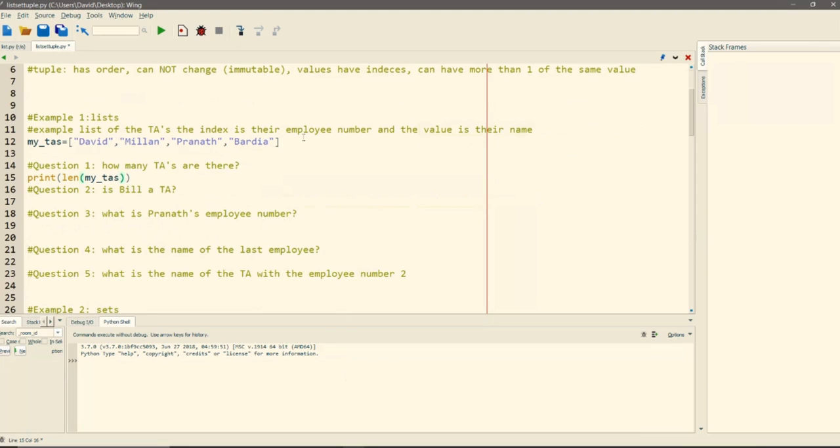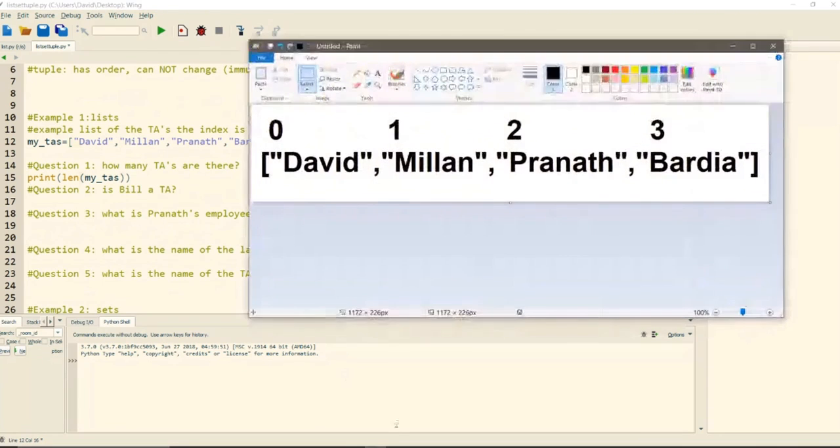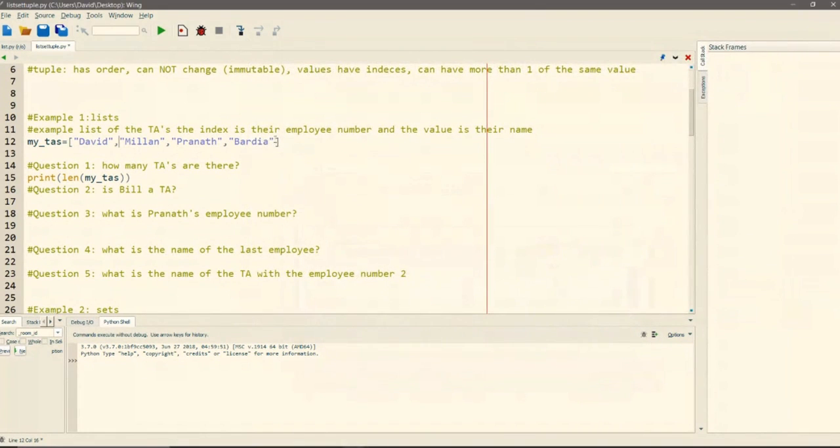then our list. One thing to know about the list is when you make it, it's going to be with square brackets, and every single entry is just going to have a comma between them. The entries are going to go like this: first one is 0, second one 1, third one 2, and so on. This is definitely going to catch a lot of people off guard. The reason why is if you want to get how many entries, which in this case is 4, the fourth element is actually at index 3. So it's kind of awkward, but it'll make sense.